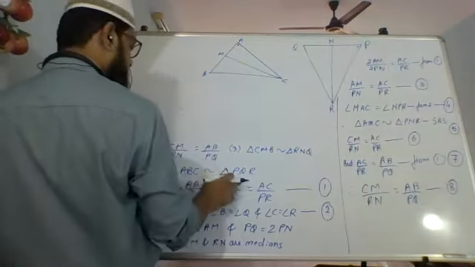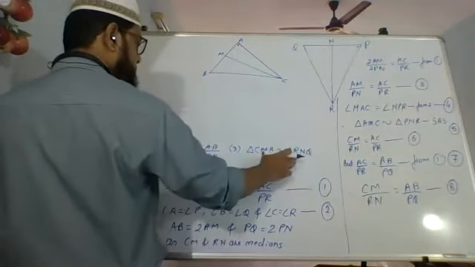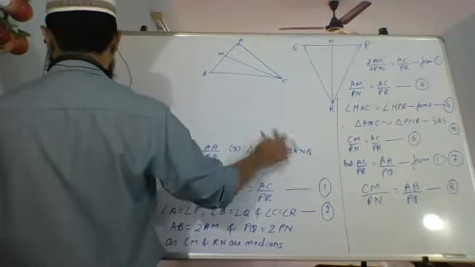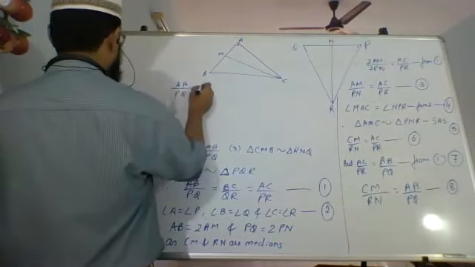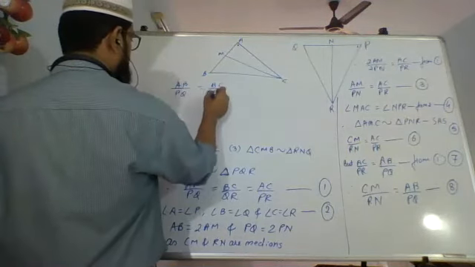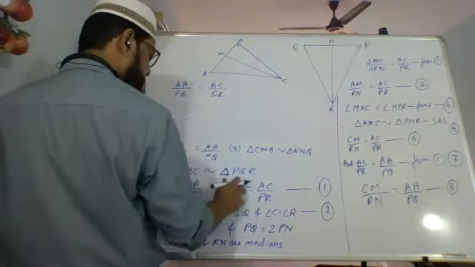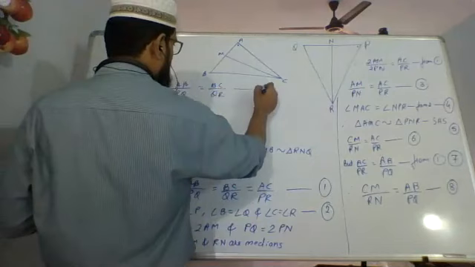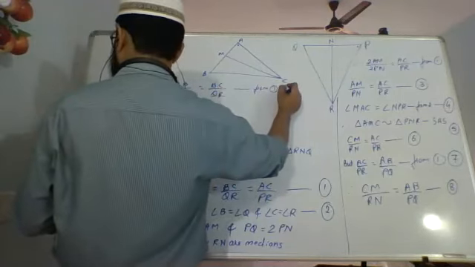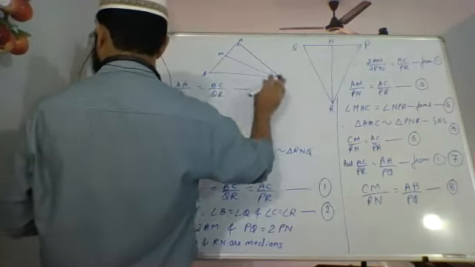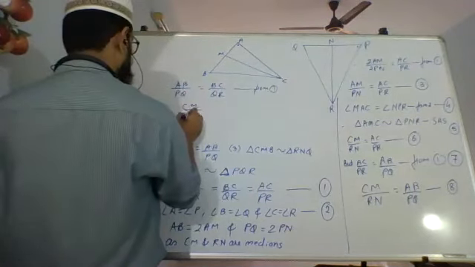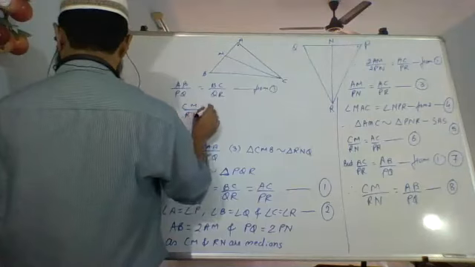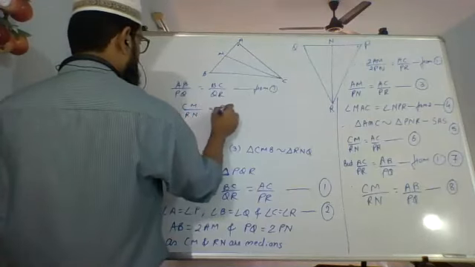Now let's look for the third one. Third one is CMB and RNQ. Again, AB upon PQ equals BC upon QR, from 1. Call this, leave it as it is. Okay. Therefore, CM upon RN equals BC upon